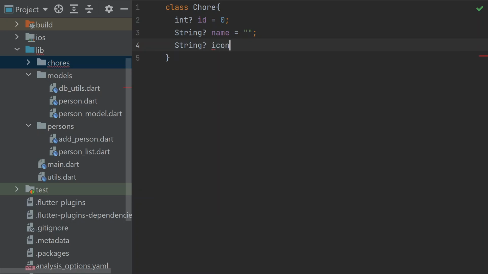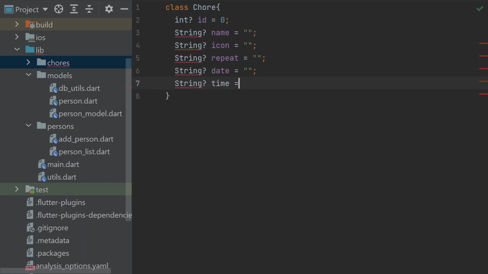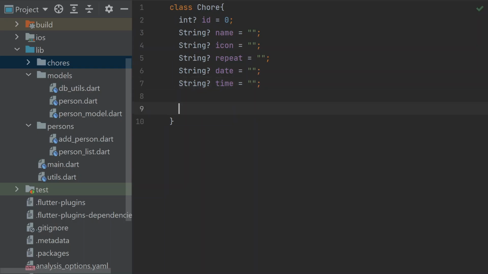It's going to have the name of an icon, so that way I can create an icon for it anytime I want to generate one. It's going to have a yes or no of whether or not we're going to repeat it. I guess this probably could be a Boolean, but that's okay. We're going to have a date, which is, again, when does this happen? We're going to have a time, the time it happens. And then we're going to have